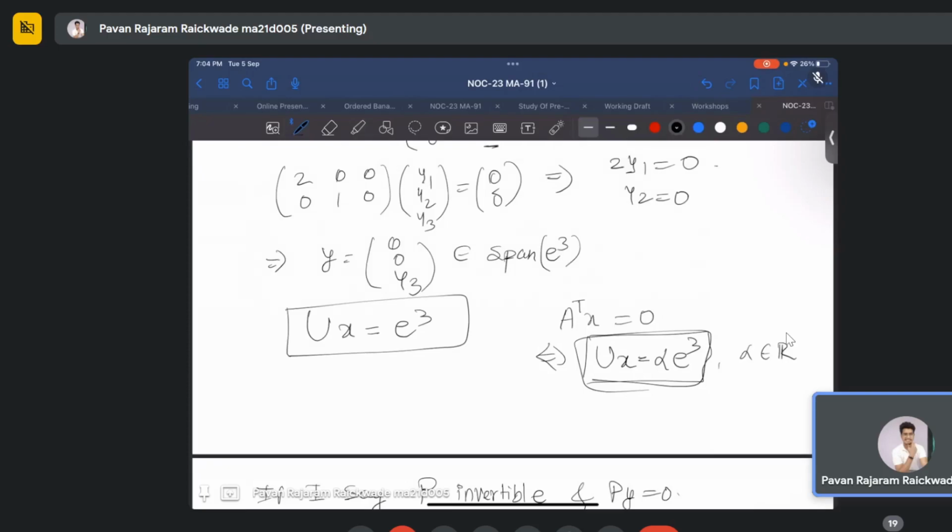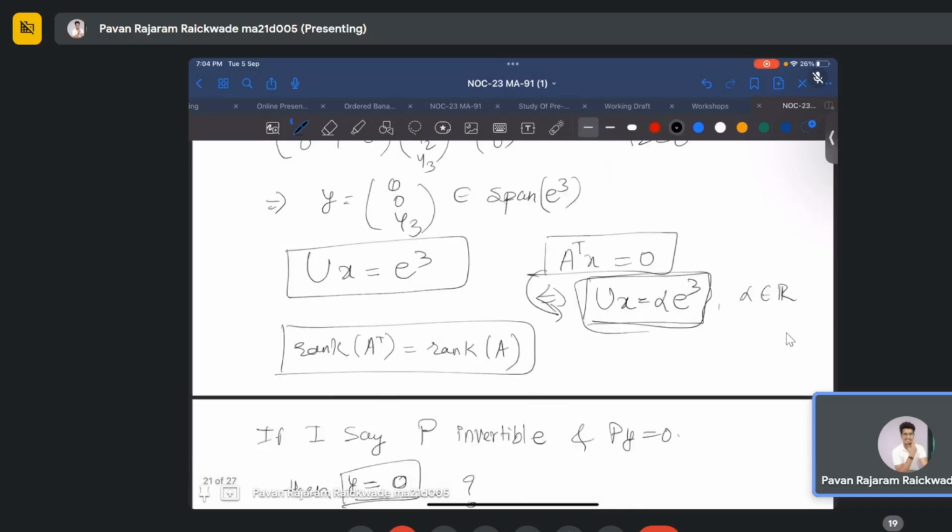So basically, is this always true? Rank of A transpose is same as rank of A. Yes, sir. Now we have observed that A transpose X equals 0 if and only if... why I'm looking at this equation, because rank of A transpose